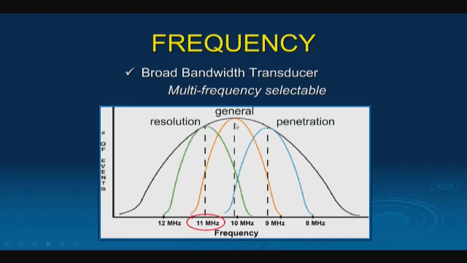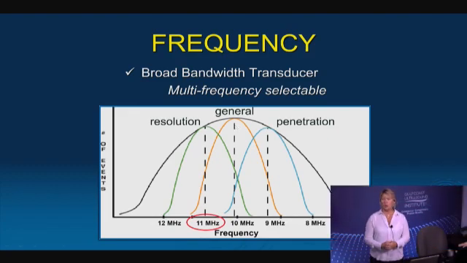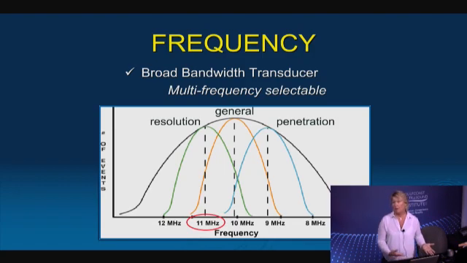So let's say I have a patient I'm going to do a FAST exam on. I put the transducer down, pretty good sized patient. It's already defaulted at general. I can't see all the way down to the diaphragm. I'm immediately going to go to my frequency and lower it to whatever the lowest is for that transducer. Usually there are only 3 options. And then you'll see that the image gets brighter and you'll be able to see down to